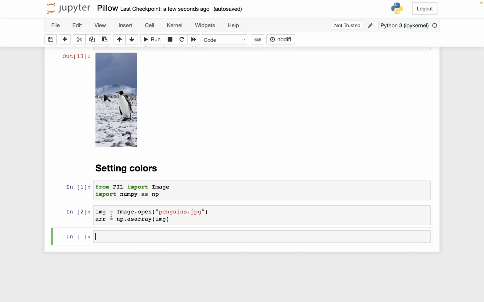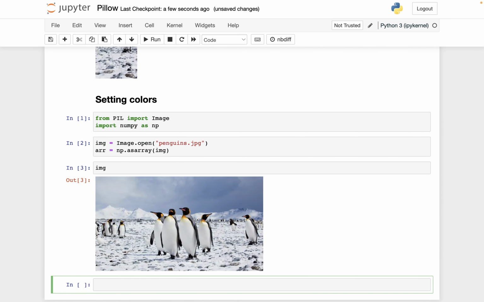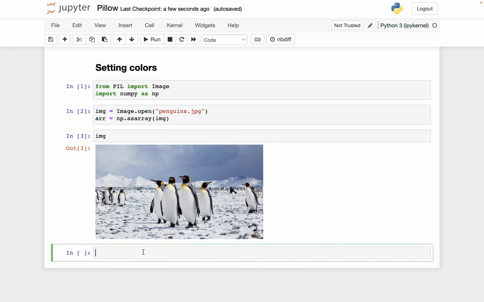I want to show how to change some of the colors in this penguin's image. So here we see just a piece of the penguin's image, but here is the full image. And say I want to take some horizontal band in this image and set it to be all black. Okay, so for example, let's take